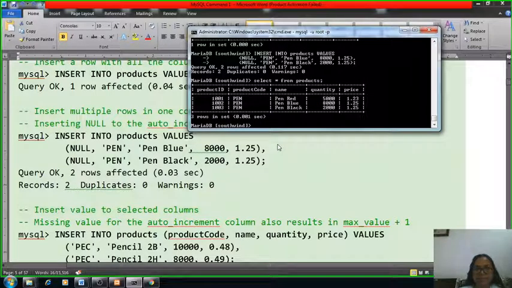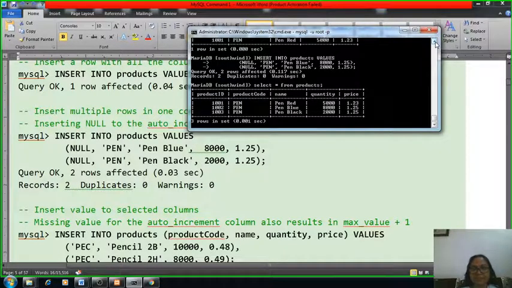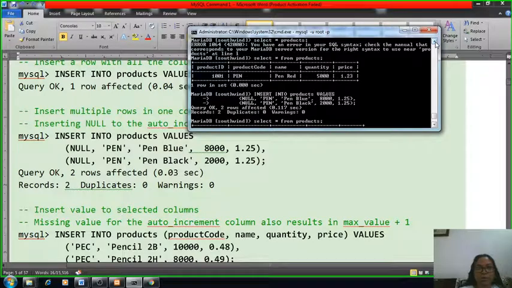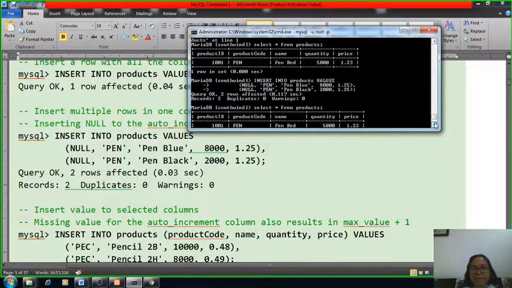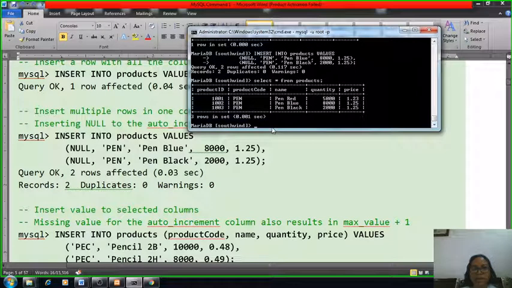Previously, only one record was there, that is product ID 1001, product code pen, name pen red, quantity 5000, and price 1.23. Right now two records are added. We didn't specify any value for the product ID, it is null, because it is auto increment, so it will automatically increment these values and display them here.